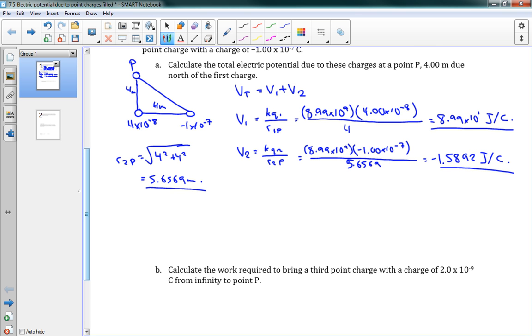Excellent. So then we can get our total voltage, our total electric potential, and that is equal to V1 plus V2. So we've got here 8.99 times 10 to the 1, minus 1.5892. And this is equal to,